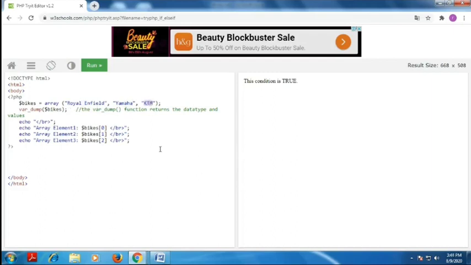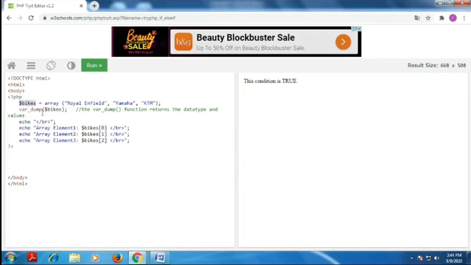First, you want to know how array values are stored in the index. How to store the index value? The first value is stored at the index array of 0. The second value is stored in array of 1. The third value is stored in array of 2. How many values are stored here? Three values. How to represent the indexes? Array of 0, array of 1, array of 2.